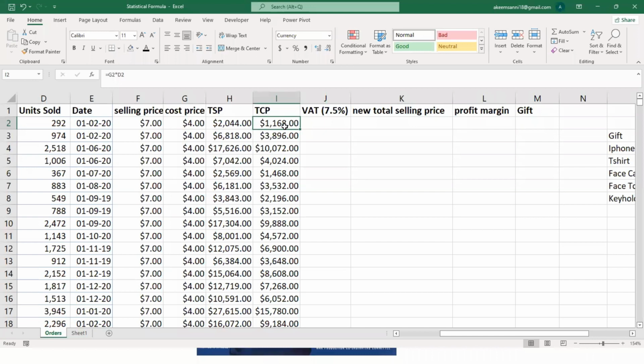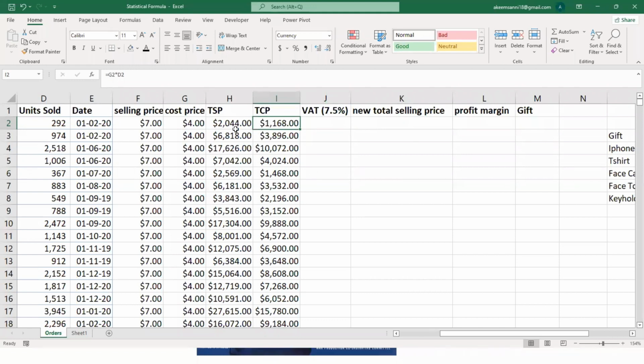We've already paid VAT where we bought the raw materials. But now those people that are buying from us, they also have to pay VAT. So the VAT is going to be on the total selling price, not the cost price.